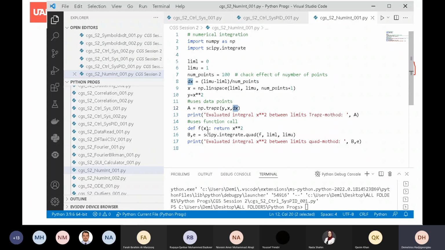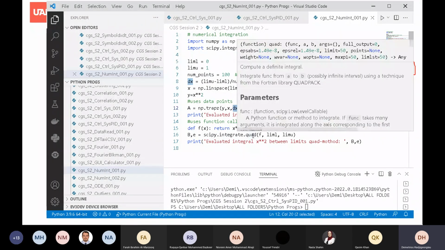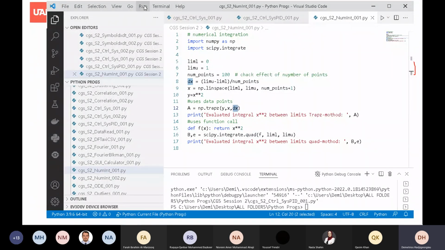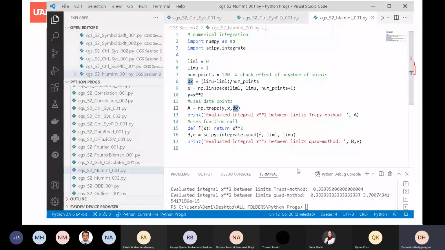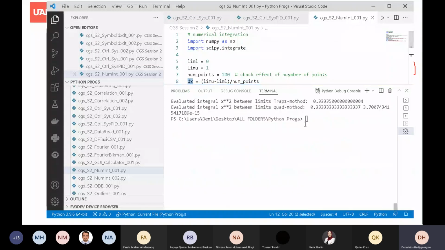And here I'm actually using another method called the quad method, and the quad path, which dates back to the Fortran days of long ago. So now, if I run this file, what you'll see is the trapezoidal method produces a value of 0.3335, whereas using the